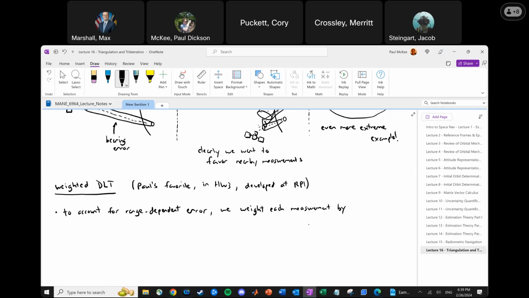How about 1 over the range squared? Sounds good to me. So this results in a diagonal weighting matrix